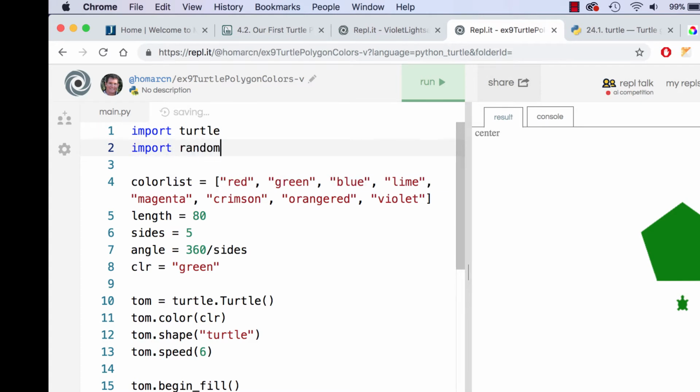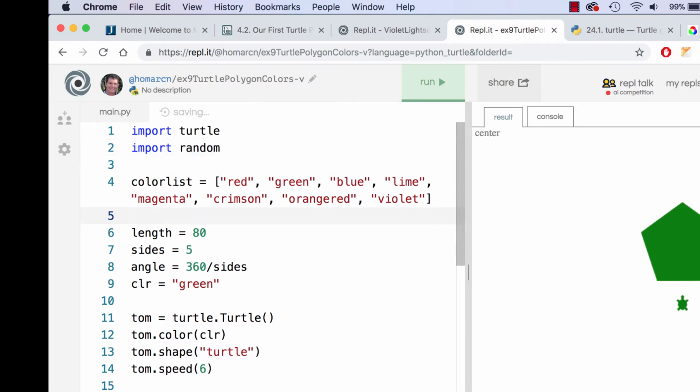We have to import the random module, and then we'll create a random number. I'll just call it ran. I think I called it random or something like that. And the random is going to use the random.randint function, and inside here we're going to create a random number based on